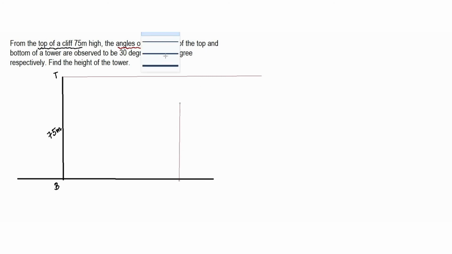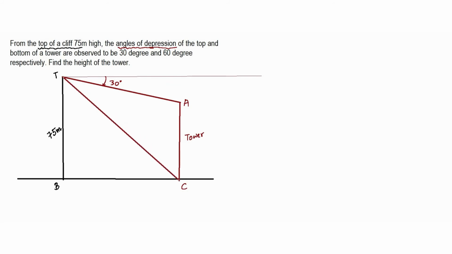So let's assume that this is the top of the tower, right? So let me name the tower as AC. This is the tower. To view the top of the tower, there is an angle of depression of 30 degrees. So you have to rotate your head by 30 degrees. And to view the bottom of the tower, you have to rotate your head by 60 degrees. That is, this whole angle is now 60 degrees. What we have to do is find the height of this particular tower. So let me again pause for a few seconds while you correlate this question with the diagram.